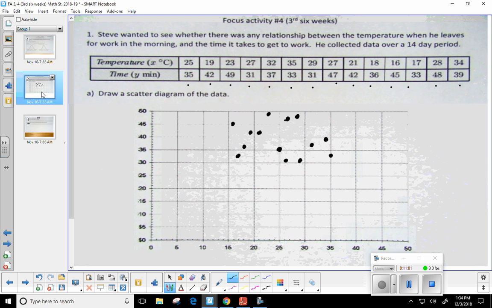Looks like the highest temperature? Looks like that might be 35. Okay, so let's say, for argument's sake, we didn't have another column on here, but let's say that my